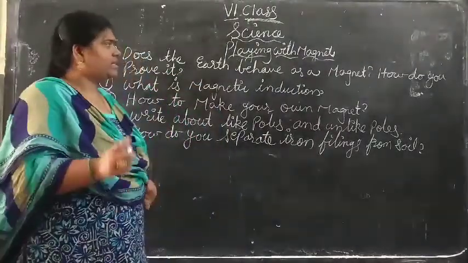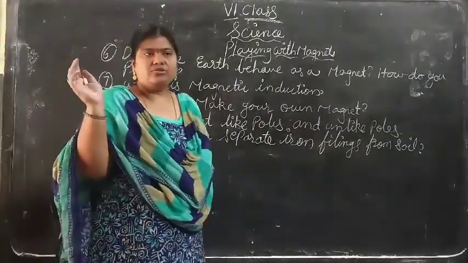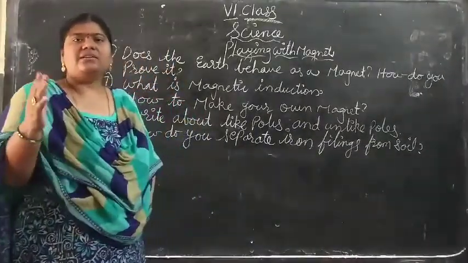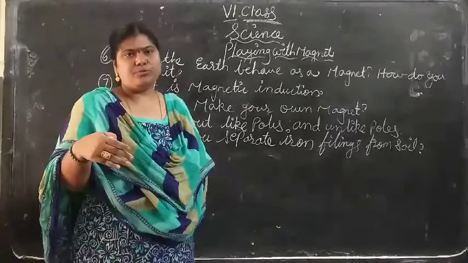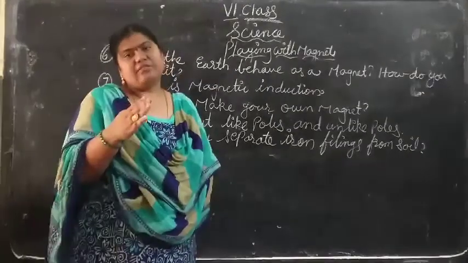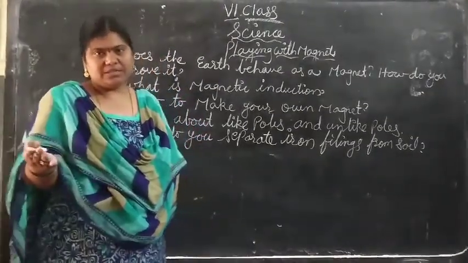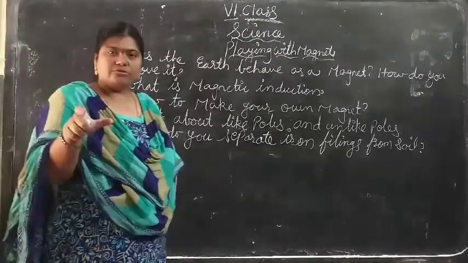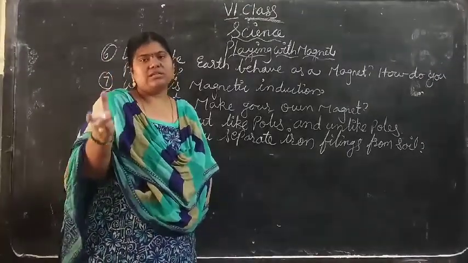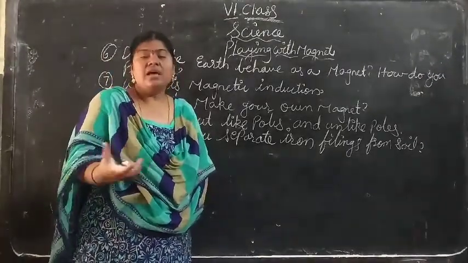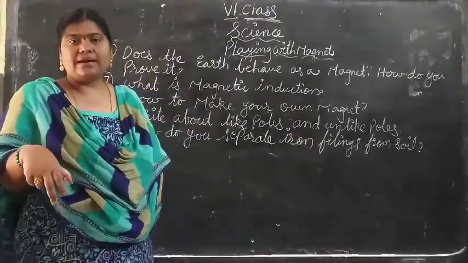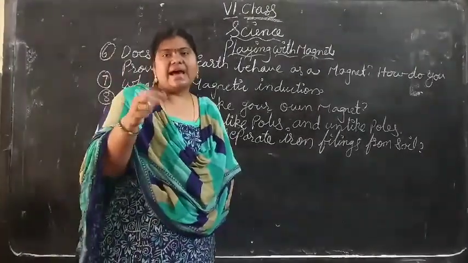Here you have to explain clearly that we take 2 bar magnets. One we suspend, the other we place on the table, and later we remove the magnet which we placed on the table and suspend that one too. It shows the north and south directions. Not only that, some force is acting between them. What is that? The earth acts as a magnet.